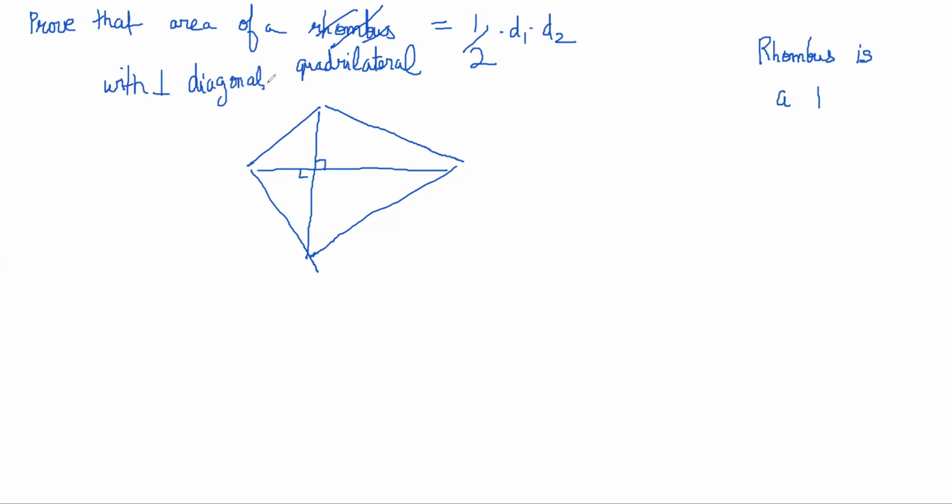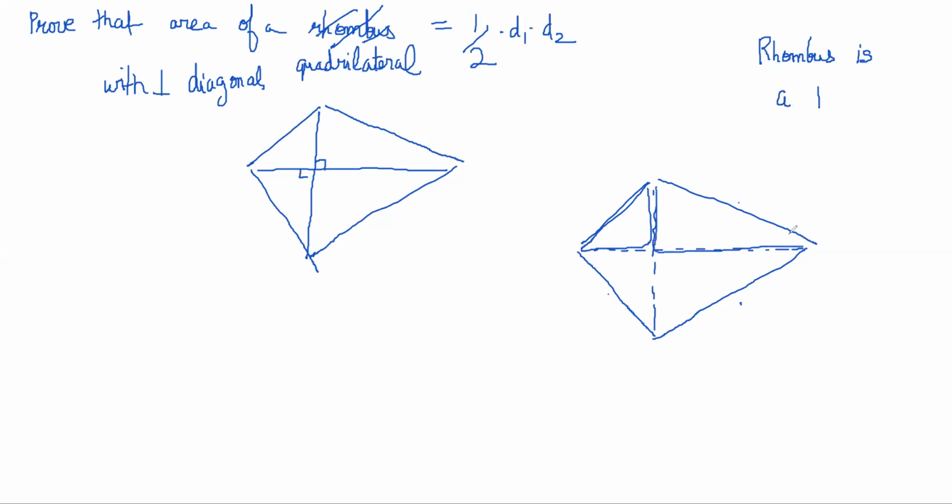What I have drawn looks like a kite type of situation. The sides are not equal, no? This side is not equal to this side, and not equal to this and this. So if you have perpendicular diagonals, then you can divide it into 4 triangles, right? When you add the areas of the 4 triangles, you will realize that the bases will add and become the lengths of the diagonals. So it becomes half into D1 into D2, right?